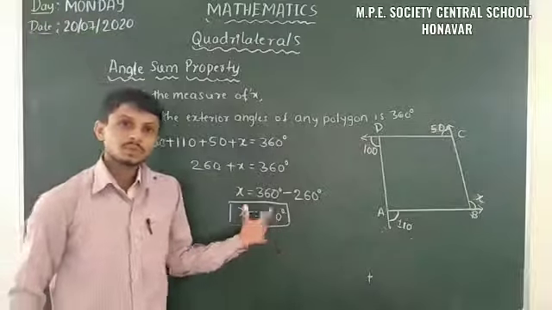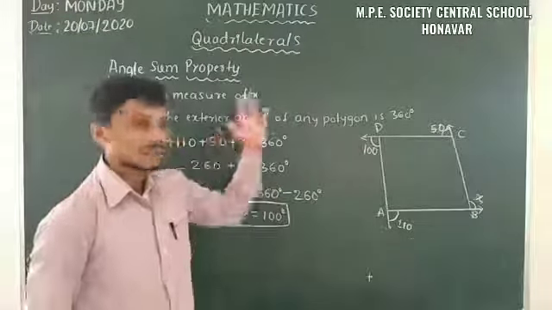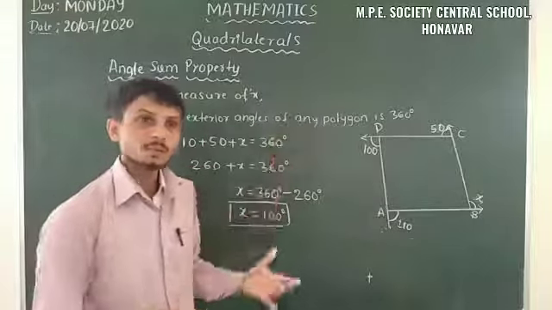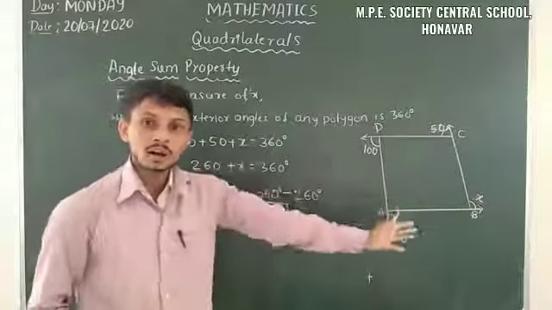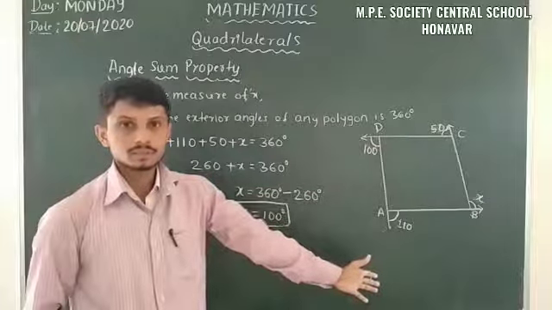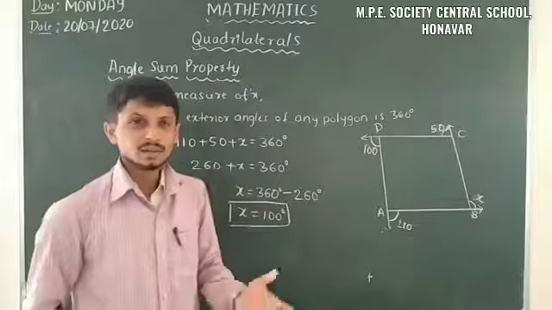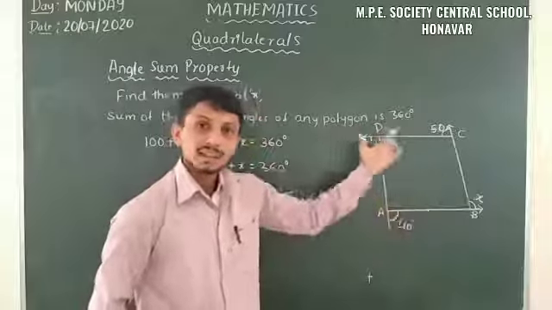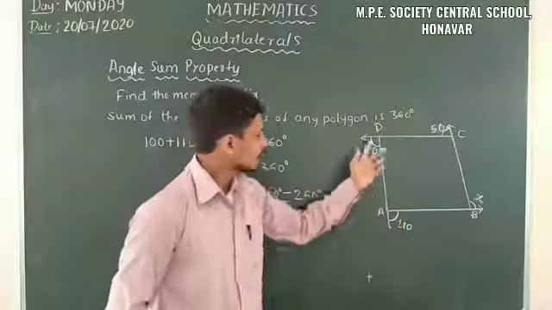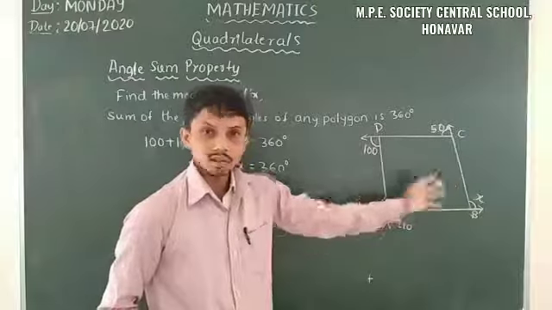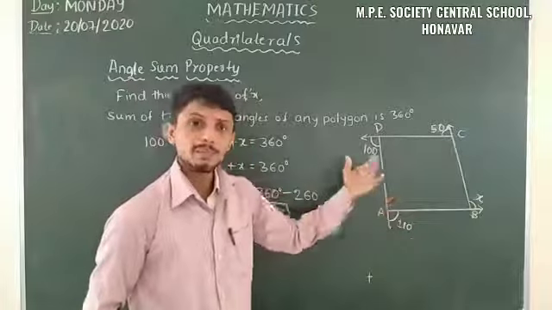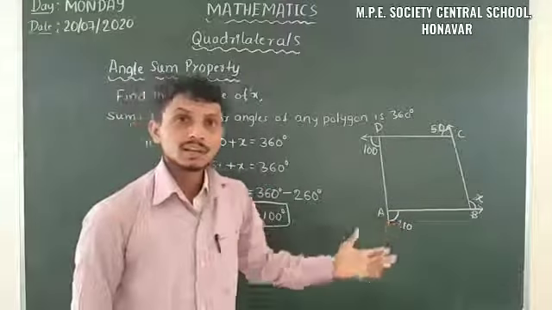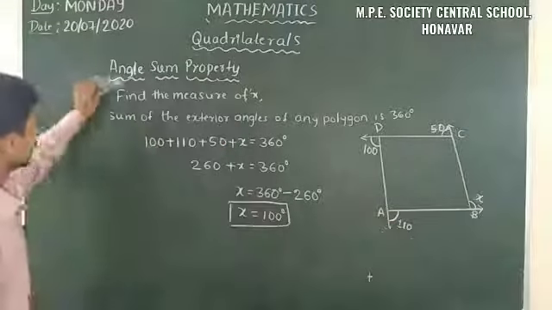So I hope you understood that. With the help of this theorem, this statement, we can find all the unknown values here. Let us take any example: make your quadrilateral, give some of the angles, and after that you have to measure the unknown angle. Then let us move on to the next topic.